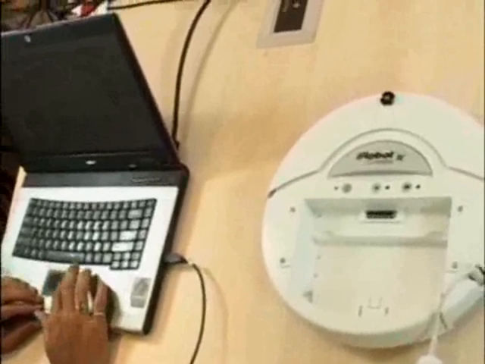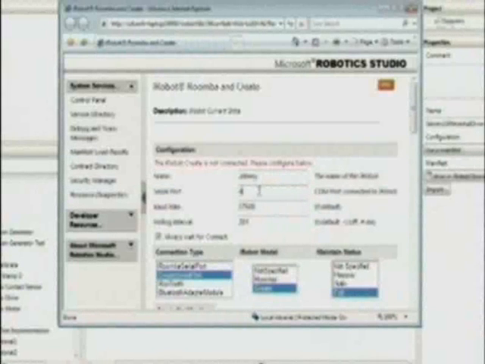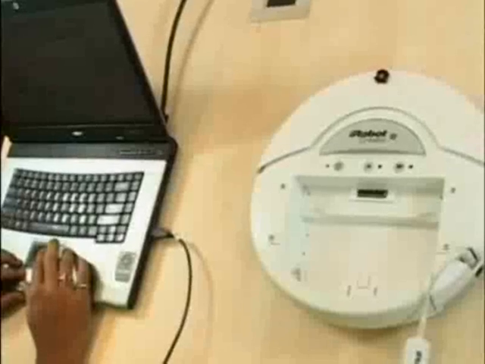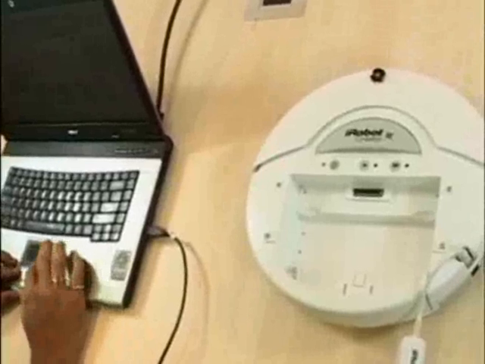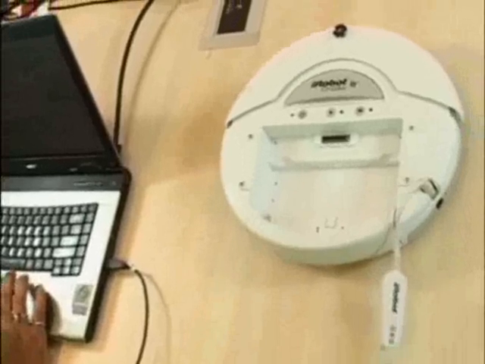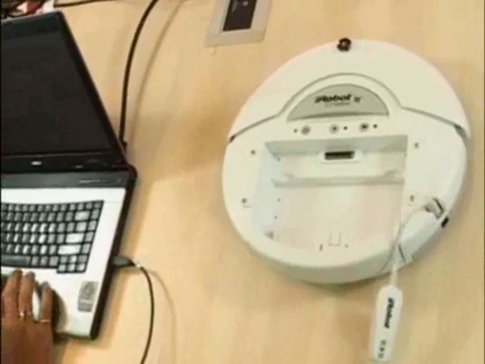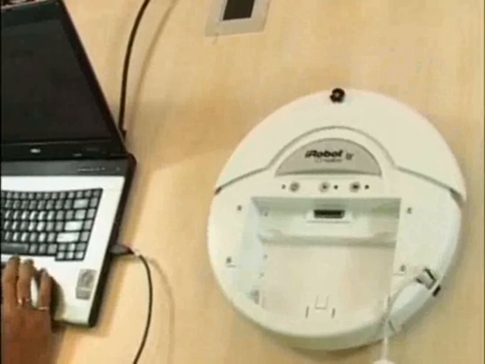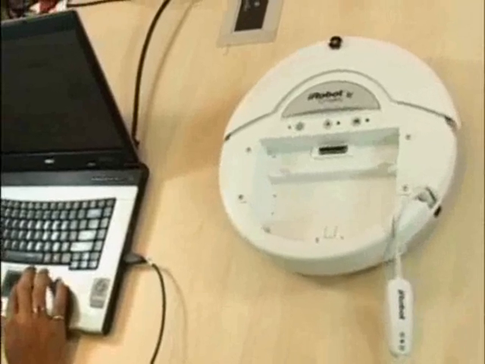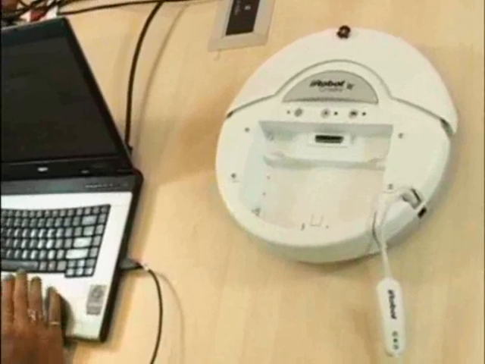So I get an Explorer here. This is to communicate with the robot. To access the robot sensors, you need to put the robot in full mode. I'm accessing it through serial port number 4, the COM port where my robot is connected. Click on connect. This is a beep, to make sure the robot is connected. Then I'll press the forward button. Nice, really nice. Then press stop. Then the backward button, and the robot moves backwards. Then left, and there it goes left. Then right. So this is how the robot moves. The iRobot Create. That's it.